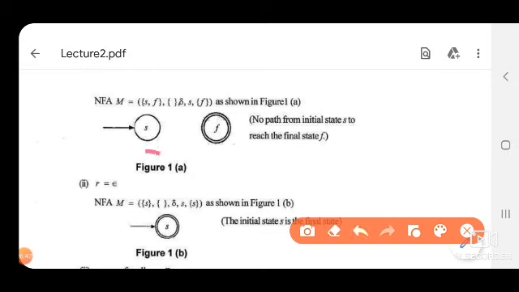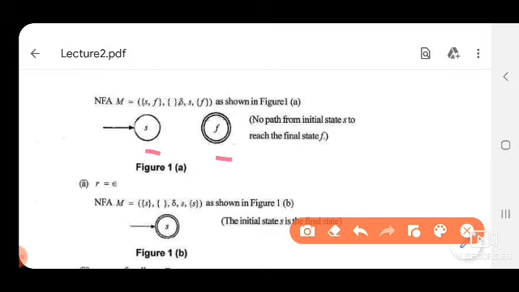One state is S, which is the initial state, and there is a final state F. So we know that phi means empty set. So if we have to represent phi with an NFA, there is no transition from the starting state to the final state. Okay, it means we cannot reach from initial to final. So there is no acceptance of any string. So this is the representation of phi.